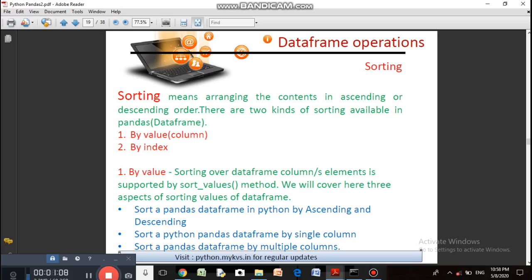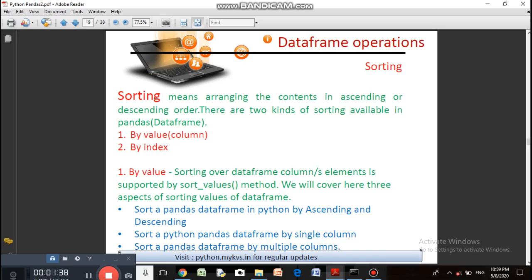Alright, so we will learn three things in this. Firstly, arranging the contents in ascending or descending order on the basis of a column, and while arranging the contents on the basis of column, we can arrange the contents on the basis of a single column or on the basis of multiple columns also.